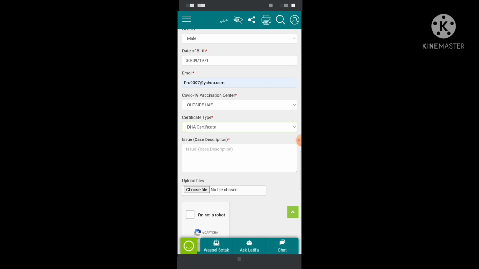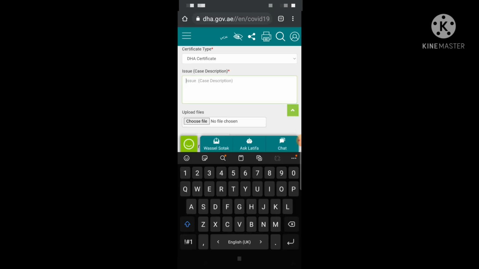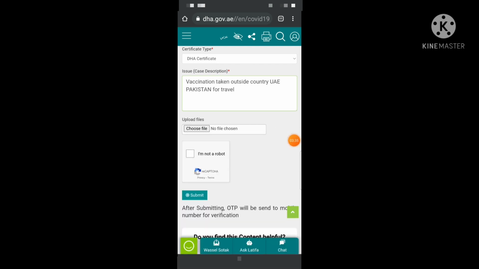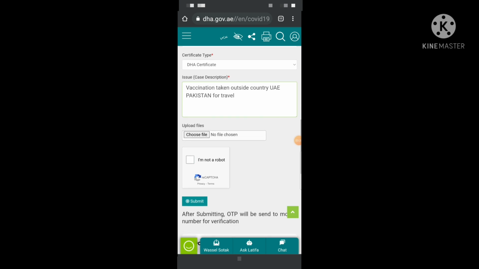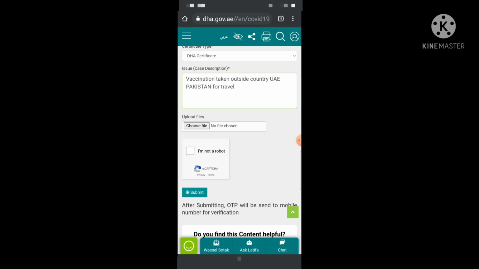So here guys, in the issue you can write vaccination taken outside country, UAE, Pakistan or India or any country for travel.